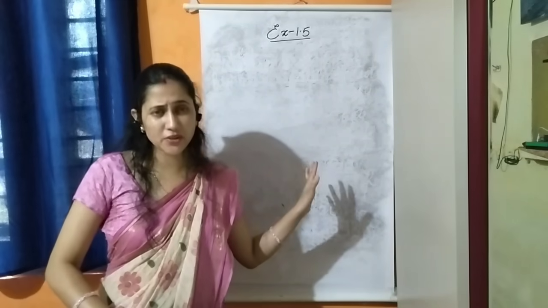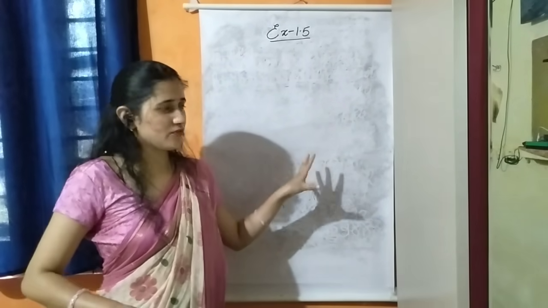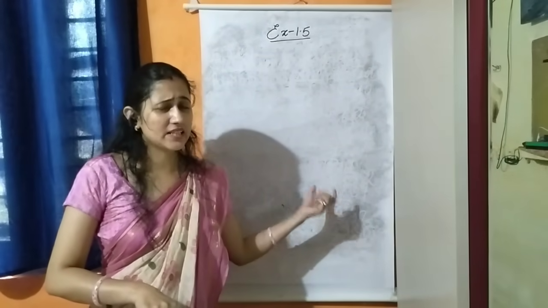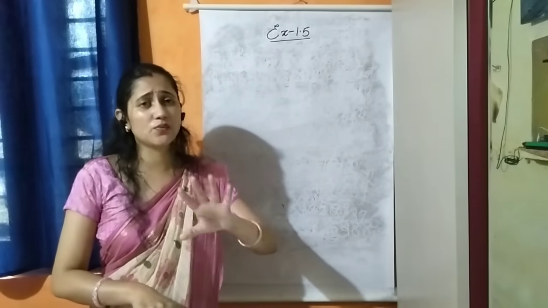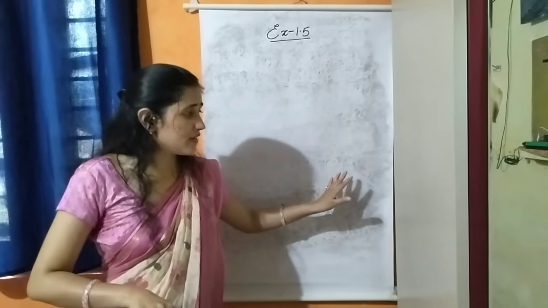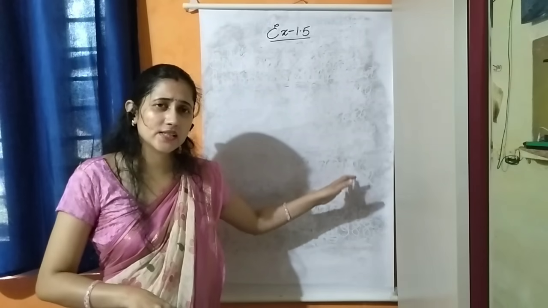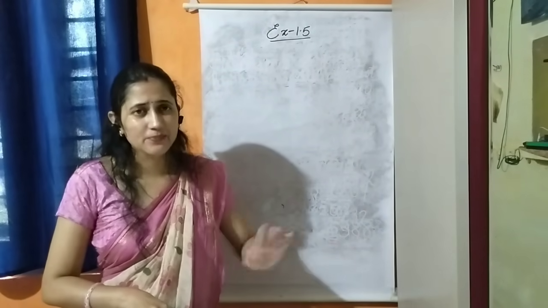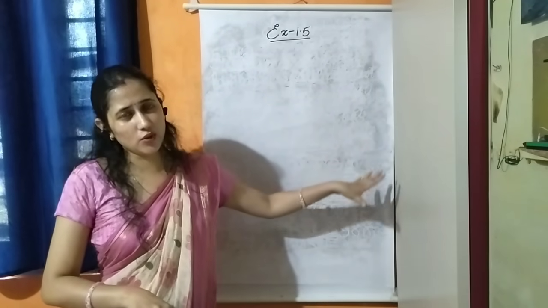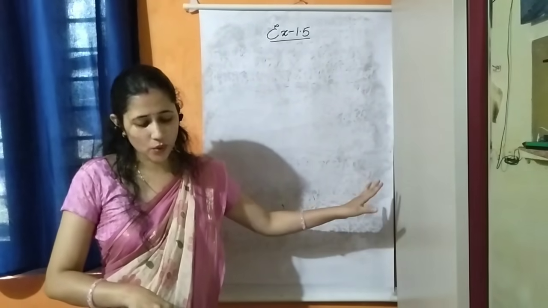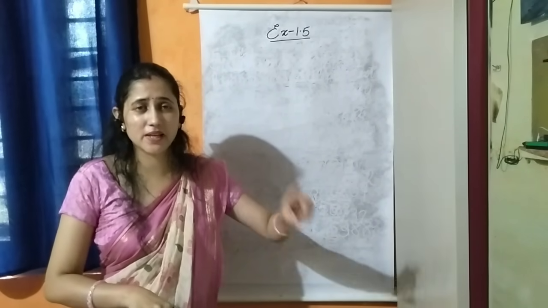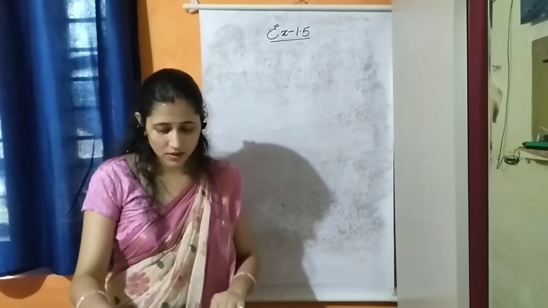Okay now, I have explained you here. That was enough to find out the last trick to see the ones place of the number. That is the easiest way of finding out odd and even numbers. Okay, only you have to see the ones place. If at ones place you have 2, 4, 6, 8 and 0, then it is even. And if at ones place you don't have 2, 4, 6, 8 and 0, then it is an odd number. Okay, that means 1, 3, 5, 7 and 9, if you have at ones place, it is odd.